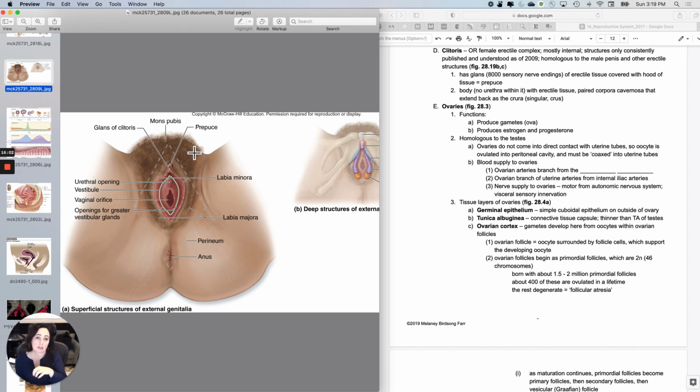And the body of the clitoris has erectile tissue. The body of the clitoris has erectile tissue that is homologous with the paired corpora cavernosa, and they extend backwards, like I said, as crus or crura. So that is the female erectile structures. Okay, so now